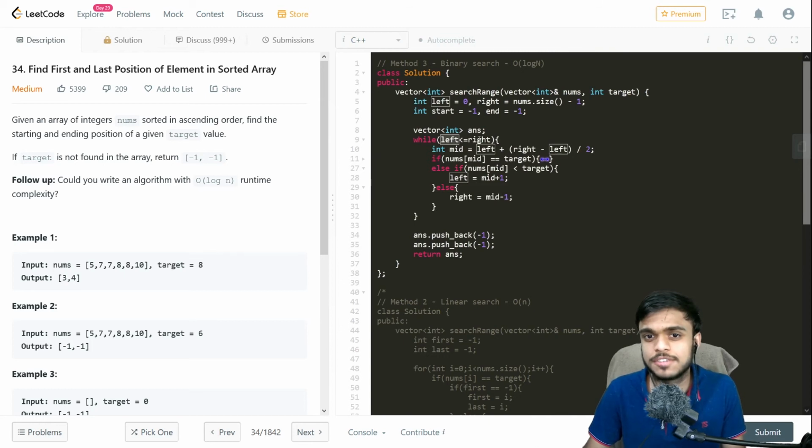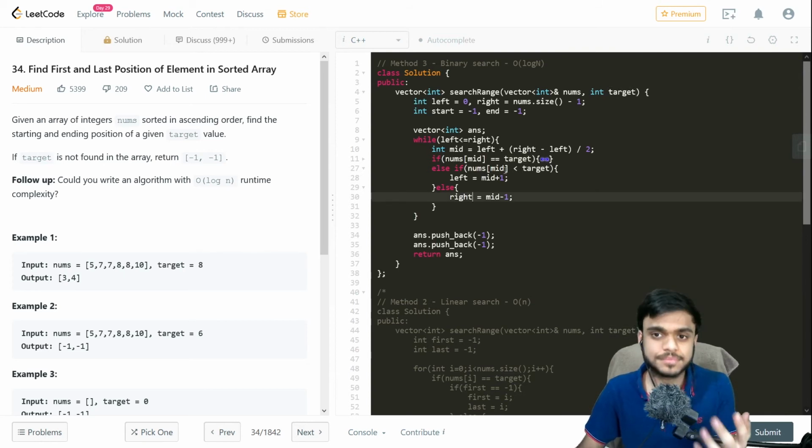We are continuing the loop until left is less than or equal to right. In every iteration we are calculating the mid, that is left plus (right minus left) by 2. This is to be cautious about the overflow in the int data type. If we find the target, we'll go into that, but let's look at the other cases first.